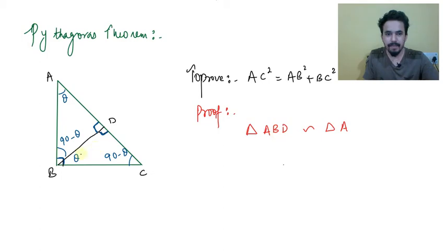Now what is B? B is 90 degree minus theta, because in ABD you are taking this part. Here C is 90 degree minus theta, you can see. So in front of B, you will be writing C. Okay. Now D is 90 degree. Here angle B is 90 degree. So in front of D, you will be writing B. One part is done. Just write that order.